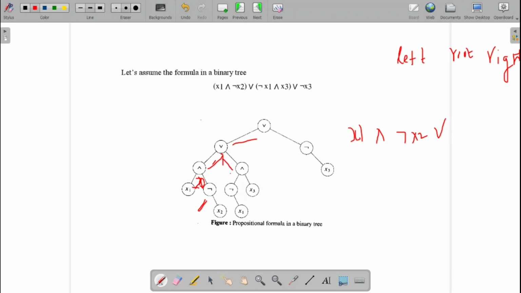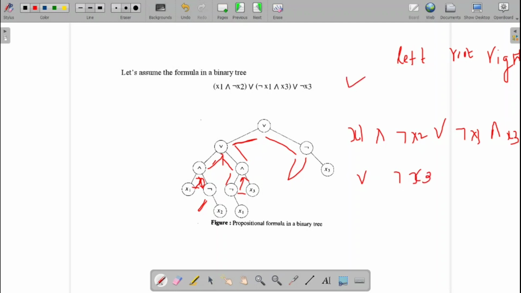Then the right. Again the left. NOT. x1. Then next, after that you need to go to the root. Root is AND. x3. Then after this one, go to the root of it. What is the root of it? Root of it is OR. Again the right. I don't have it. Then the root NOT x3.